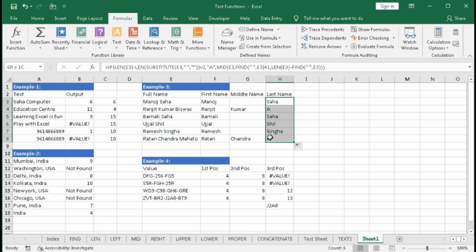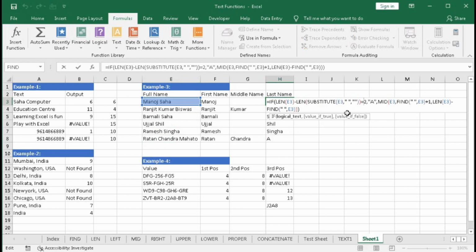All these are done. Now for this one, we have to remove this value with one formula. So here also you have to start with MID, or you may use RIGHT. So select this cell, comma, starting number. So starting number should be the second space plus 1.